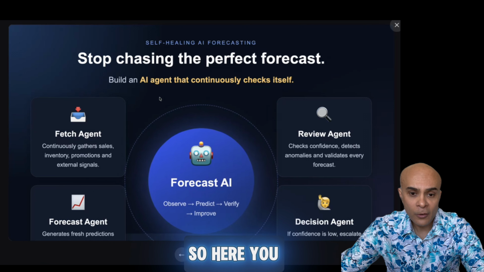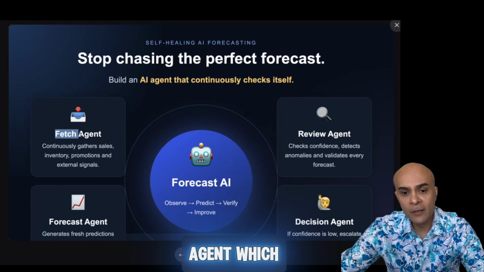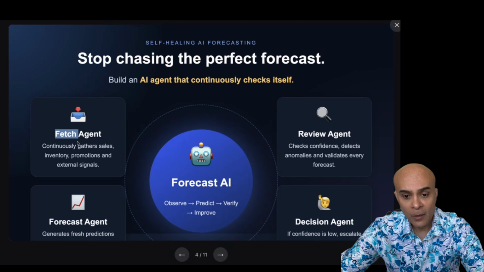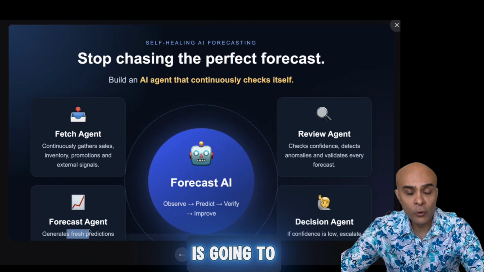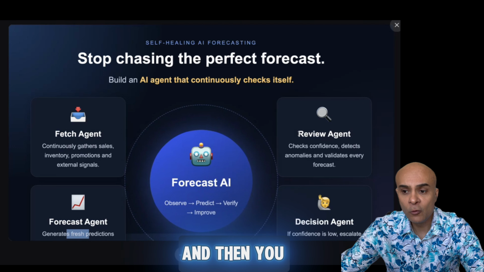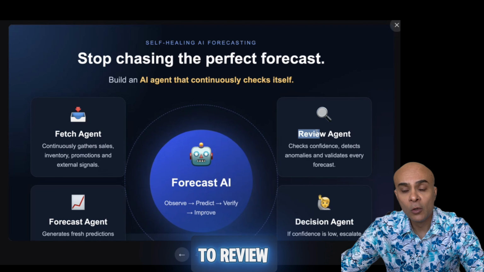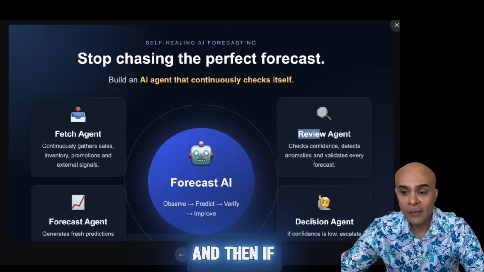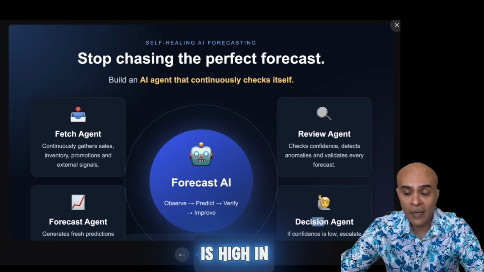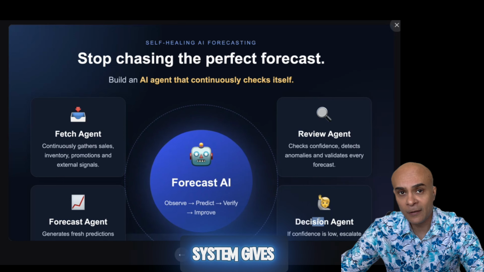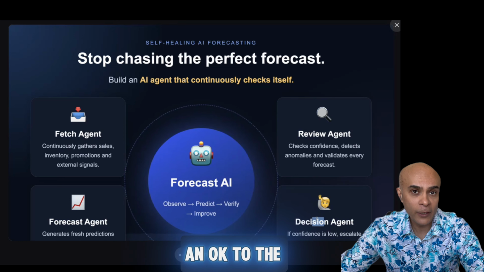Here you need multiple agents. You need an agent which is going to fetch the data. You need an agent which is going to make the forecast. And then you have an agent which is going to review the forecast. If the confidence is high, the agentic system gives an okay to the forecast.